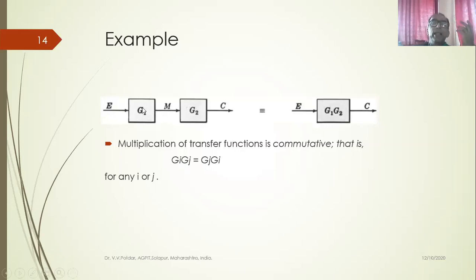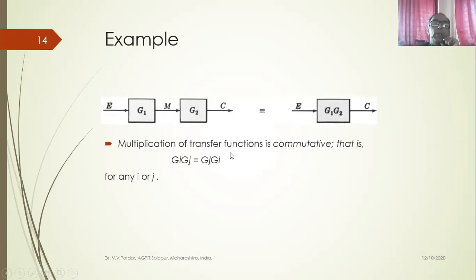I can combine these blocks together into a single block simply by multiplying the transfer functions. This is what the cascade law or series law says. So combining these blocks into a single block, whatever is the input E and output is C, the intermediate signal is eliminated. So G1 into G2. So the equivalent of these series elements or cascade elements is E as the input into G1 G2 is equal to C. This is how this block can be read, isn't it?